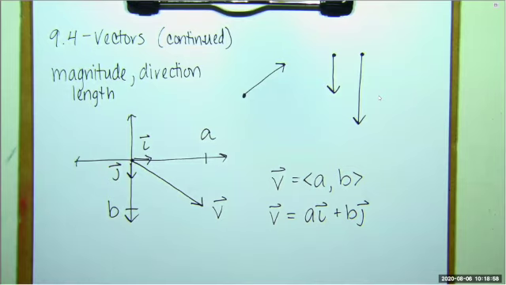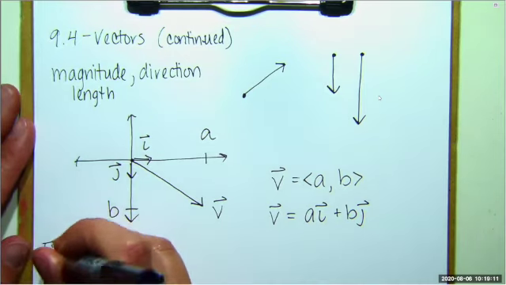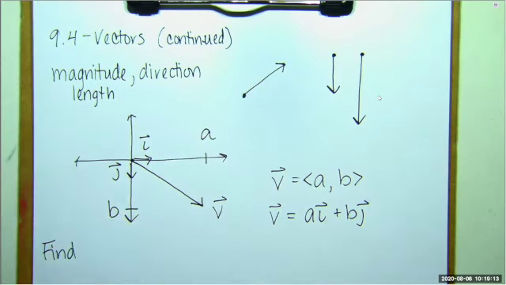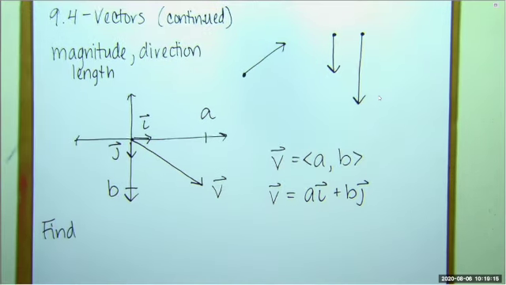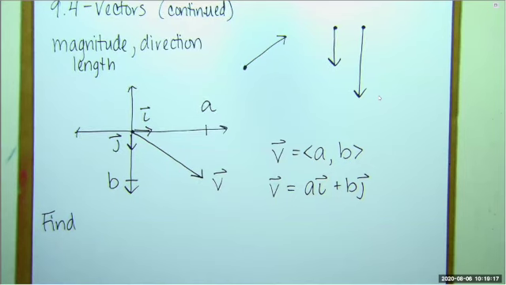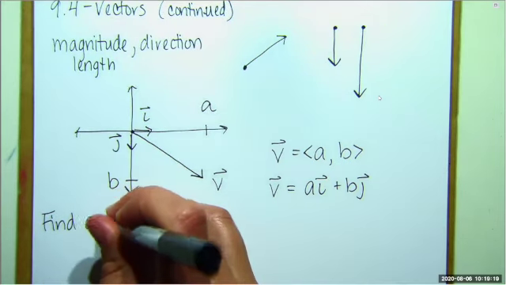Okay, so one of the questions you'll be asked in physics, and I distinctly remember this from being in college physics and not getting why they cared so much about unit vectors, but one of the questions you might be asked is to find a unit vector in the same direction as a vector. So let me go over this and explain why this is important. So find a unit vector